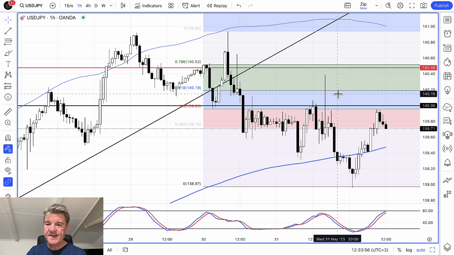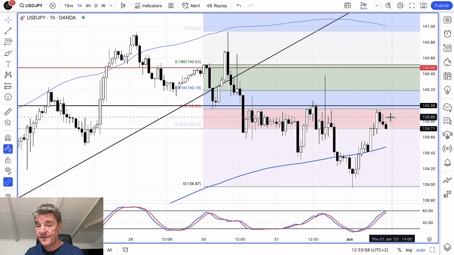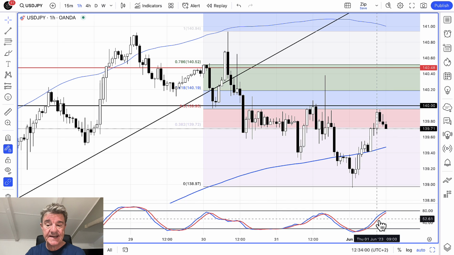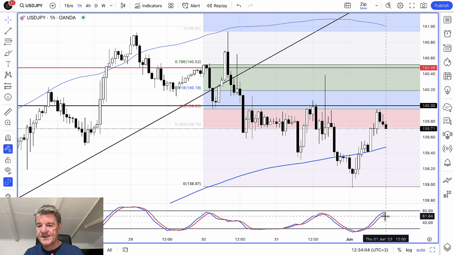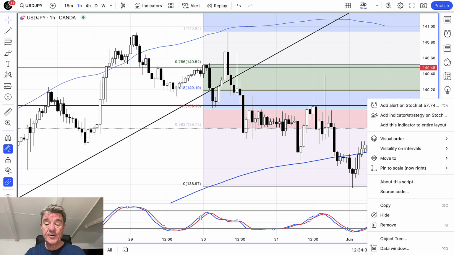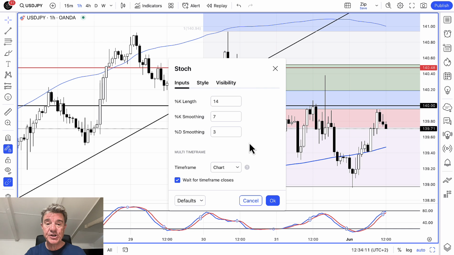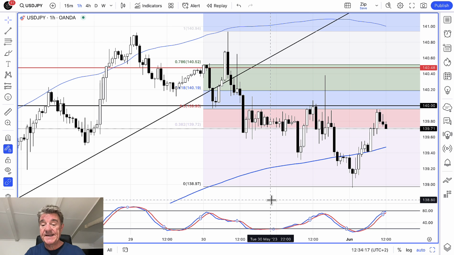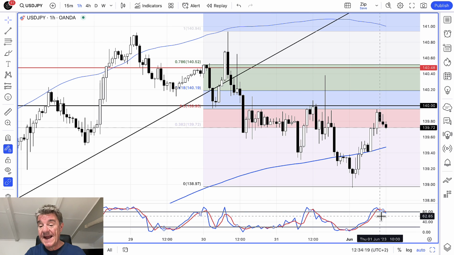But we're not anywhere near the 786 or the 618. We've turned at the 50%. Look at the stochastic, it's overbought. That's the slow stochastic. It's not actually quite overbought and it hasn't turned yet. But what I do want to point out is if I change this to a normal stochastic, in other words, I get rid of the slow part, which is the 7, the smooth stochastic, get rid of that and change that to 1, you can see we're actually overbought and we've turned. So that's the fast stochastic, or the normal one, not the slow one, which I prefer to use,